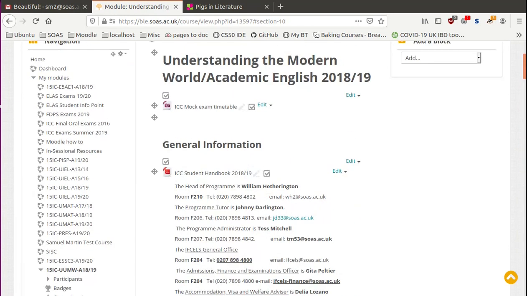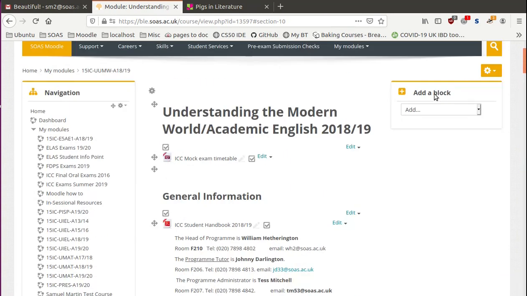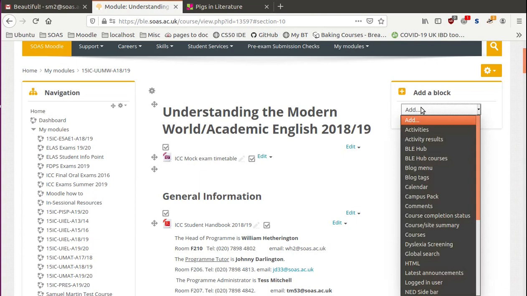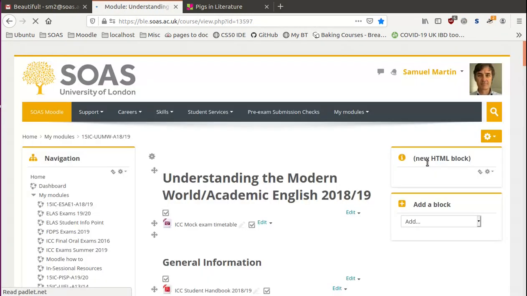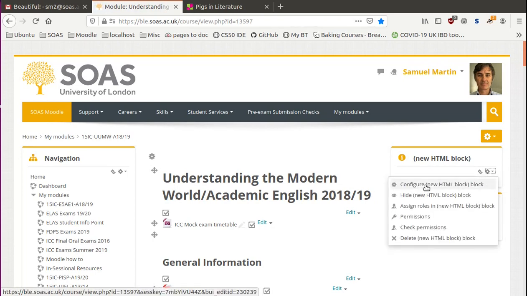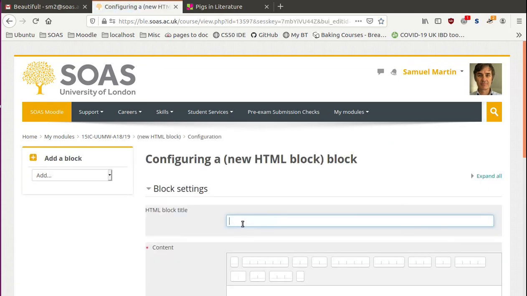I'm just going to run through one more thing in case you want to put it on a block. I'm going to add a block. When editing is on, this add a block option is there. And if I type H, it instantly highlights HTML. I'll click enter, and it's going to add an HTML block for me. It's made one now. I need to configure it. So configure is kind of like edit settings. I'm going to call this